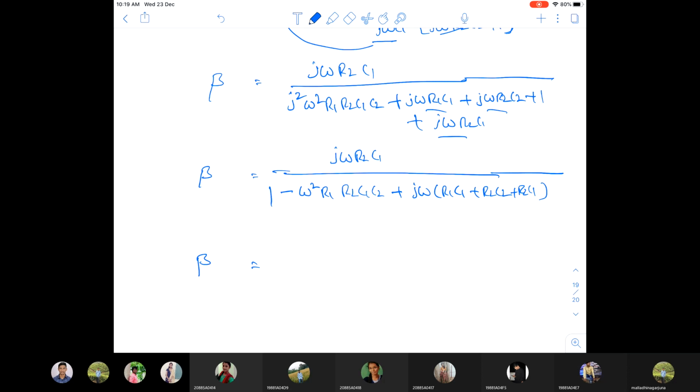1 minus. In this, there is a real part in these two terms and this is the imaginary part. We want to separate the imaginary part and the real part. If the imaginary and real parts are in the numerator, we can separate them, but if the imaginary part is in the denominator, we can't separate the real part. So for that, what we have to do is remove that imaginary part from the denominator, so that we can separate the imaginary and the real part. You got my point?